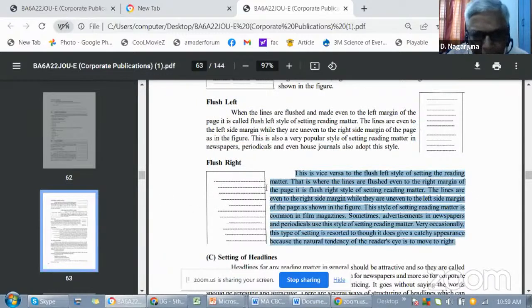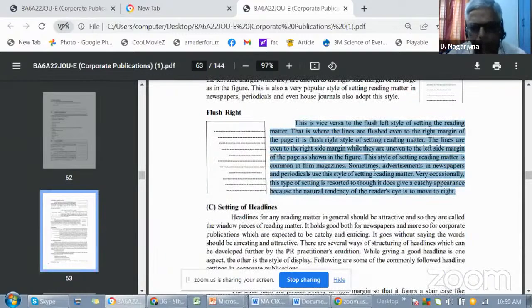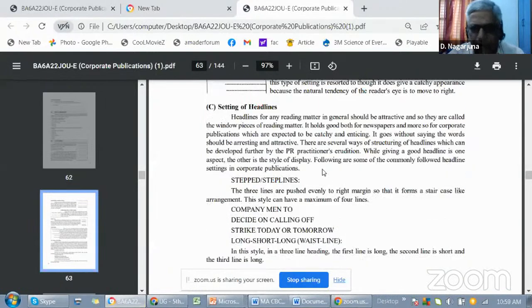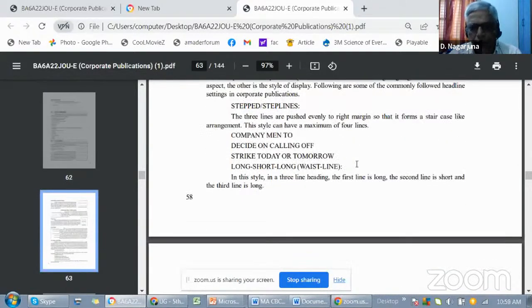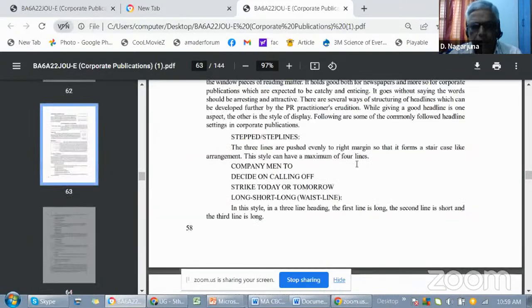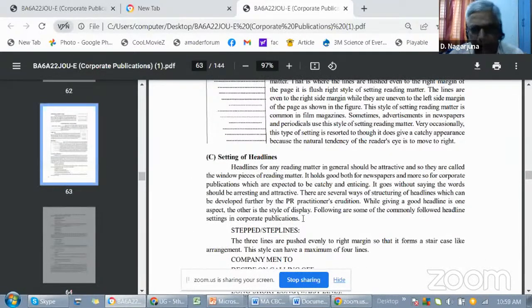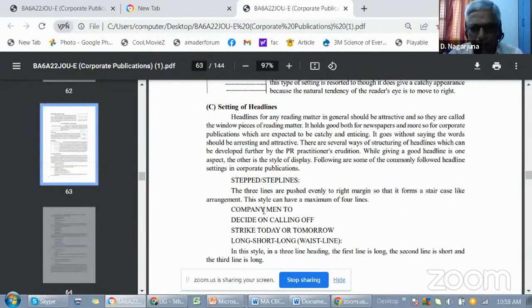So this is, you can see the lines also. That is what is meant by flush left and flush right. And that is the same way we also set the headlines. And you see when we want to set the headlines, you can see what kind of headlines we can have. Step lines. 3 lines are pushed